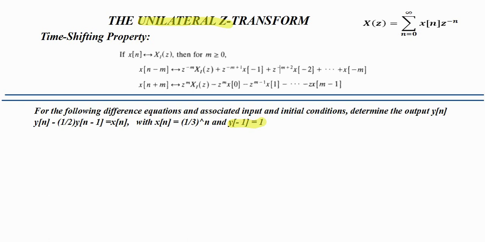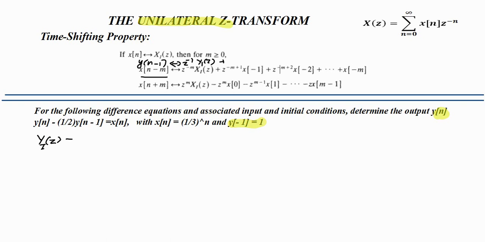So we need to find out the output y of n. What will be the y of n? So we can use the unilateral z transform here. So we can write Y 1 of z, the one-sided z transform, minus, now we need to apply the property of x of n minus m here, because here it is y of n minus 1. If it is y of n minus 1, you need to write z raised to minus 1 Y 1 of z